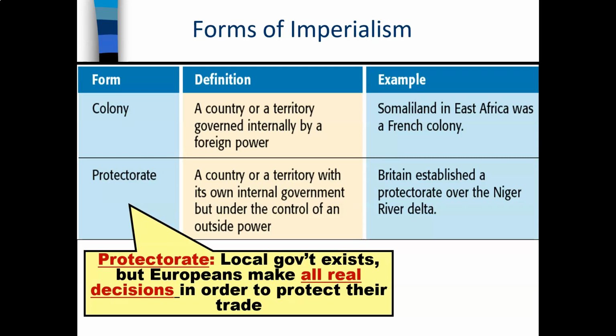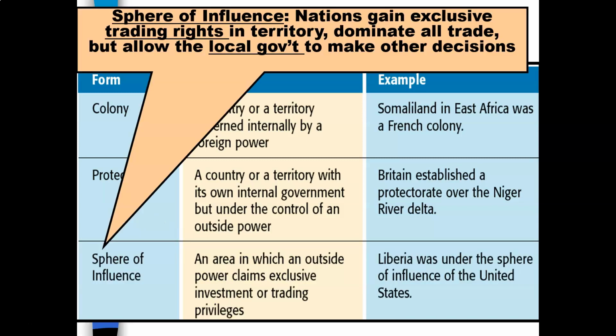Another form of imperialism is protectorate. In this type of imperialism, local governments exist, but Europeans make all real decisions in order to protect their trade. And finally, spheres of influence. This is when nations gain exclusive trading rights in territory, dominate all trade, but allow the local government to make other decisions. These are the forms of imperialism that were practiced by